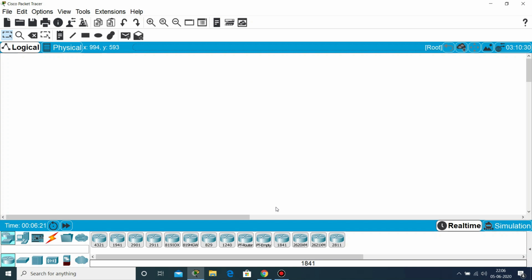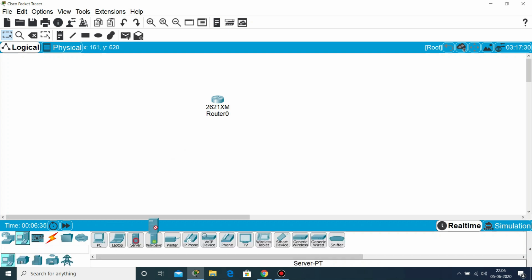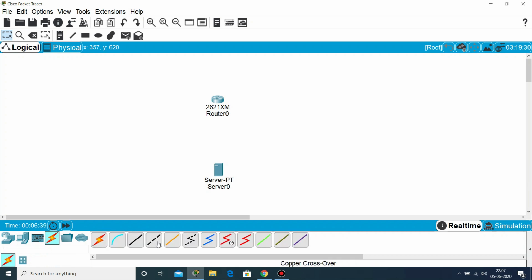So if you want to upgrade your IOS, then you need a server and a router here. So I will take here a router and a server, and I will establish connection between them.